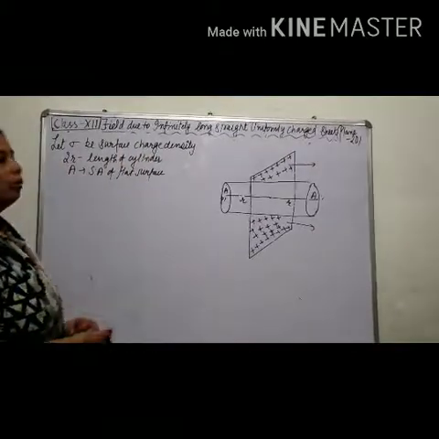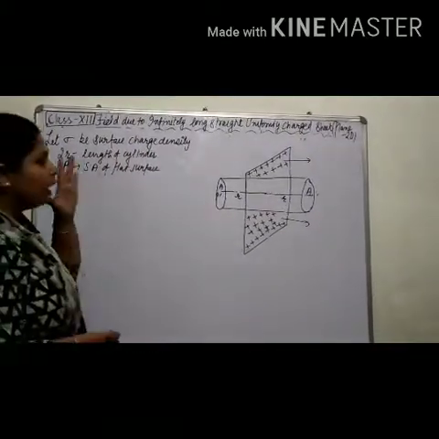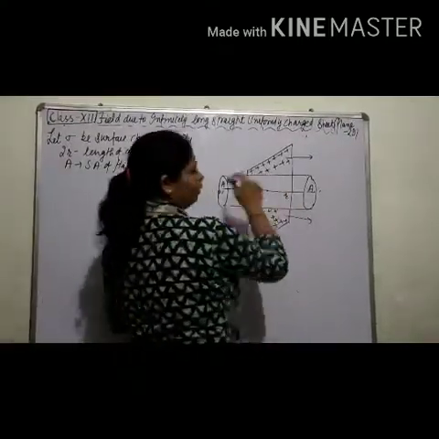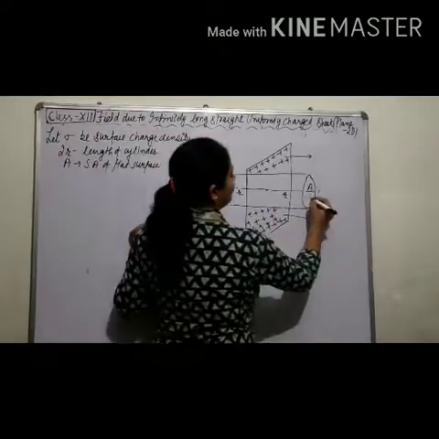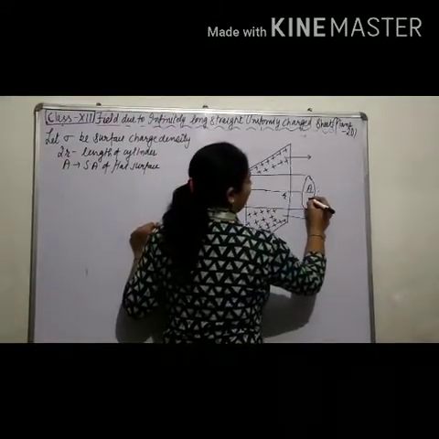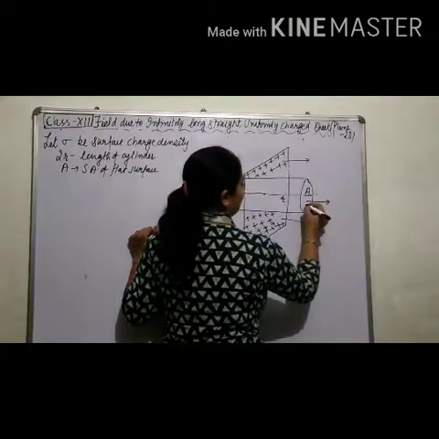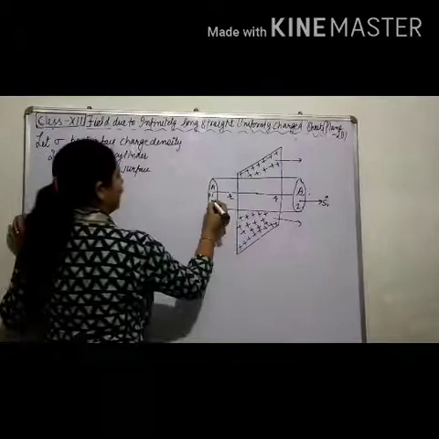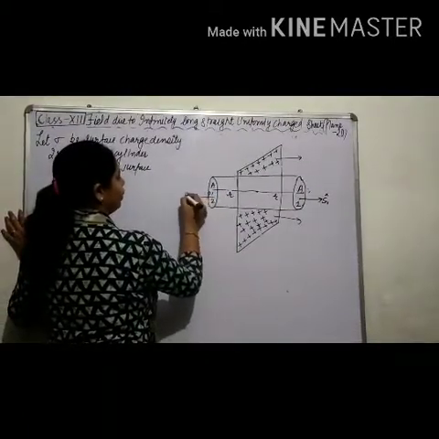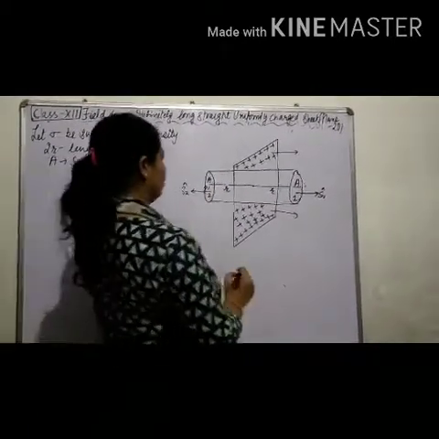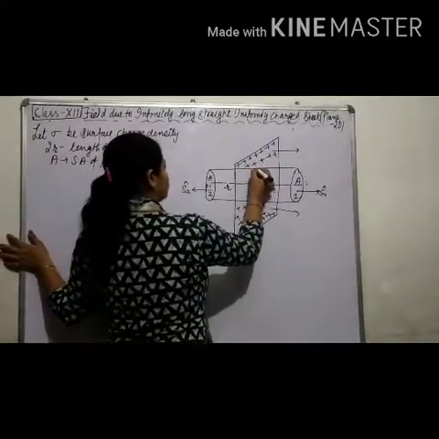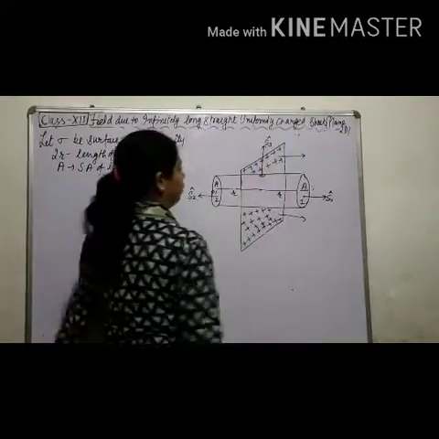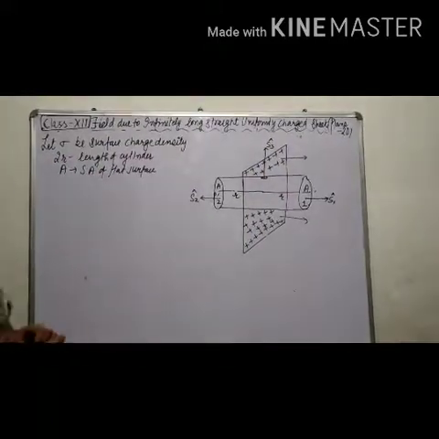I have told you in my previous video that a cylindrical body has three surfaces, two flat and the third one is curved. For the flat surface, the area vector will be along this. I am calling it 1, so the area vector will be along right. I am calling it 2, so the area vector will be along left. I am calling it 3, so the area vector will be perpendicular, as we can see. These are area vectors along 3.